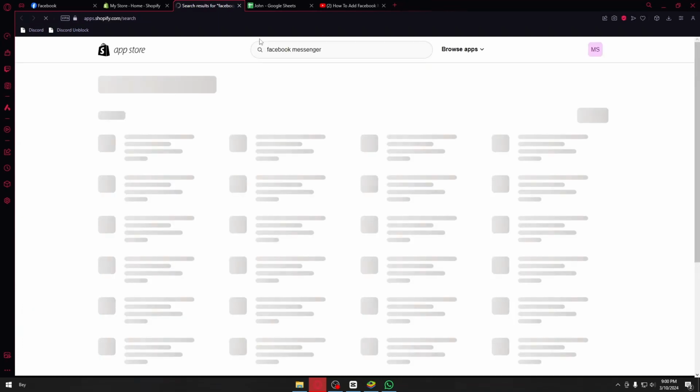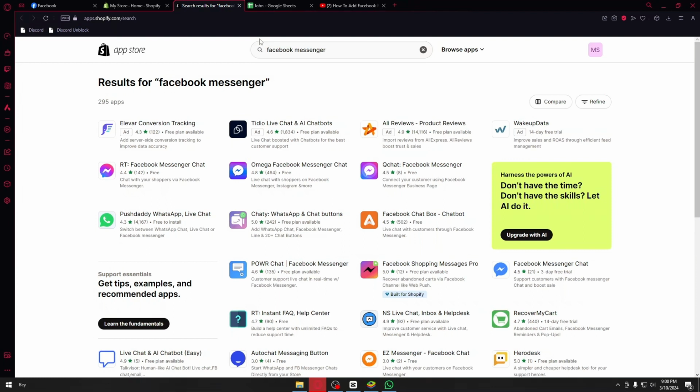It will take you to the App Store of Shopify right here, and you want to look for the Omega Facebook Messenger chat. This is free, so you could go ahead and get it. Just click on it, click on install, and it will redirect you back